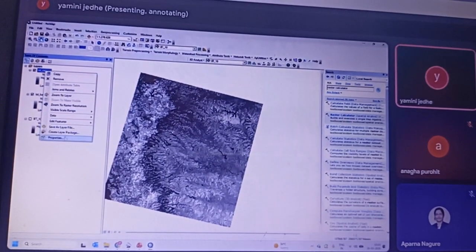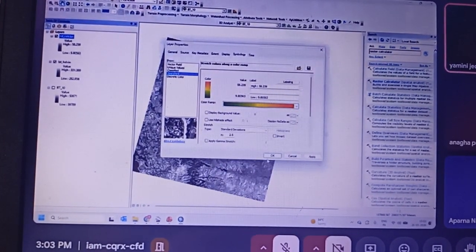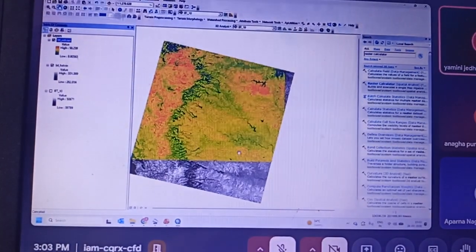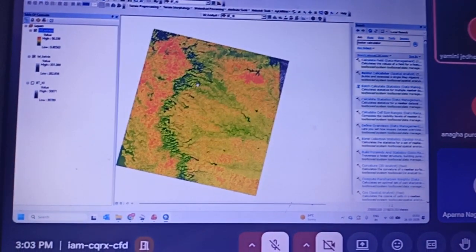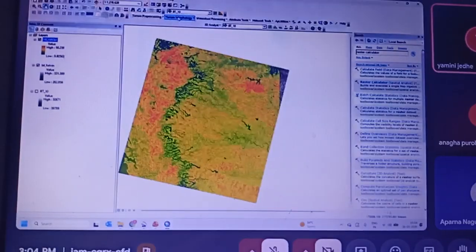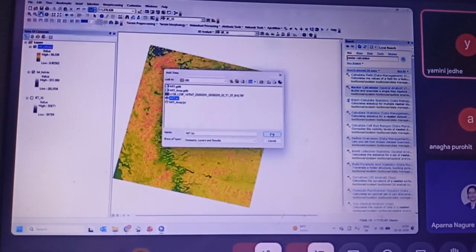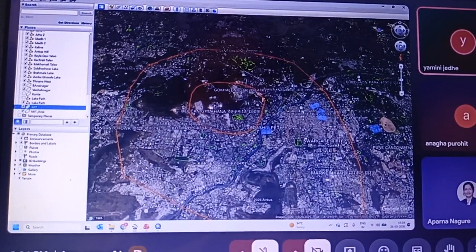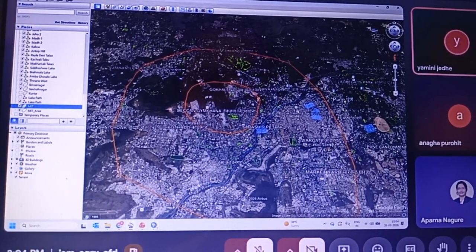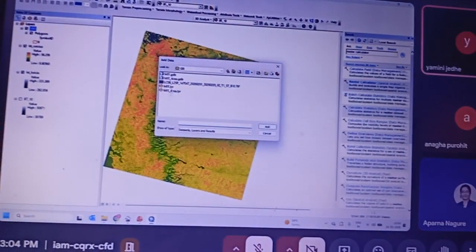If we change the properties of this particular thing, we can make it more clear and visible to everyone. See now, this is the heat map of the particular area. Now how can we identify in the entire tile what is our map? So I have already created some KML layers. So this is the layer, this area that we are seeing now, and this area we are also going to see in this particular image. So here I have added one MIT area.